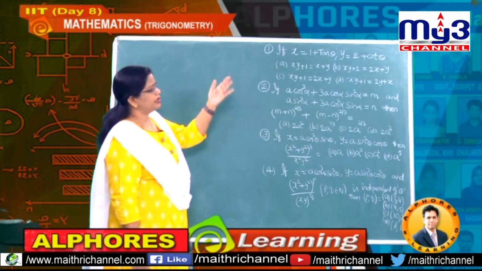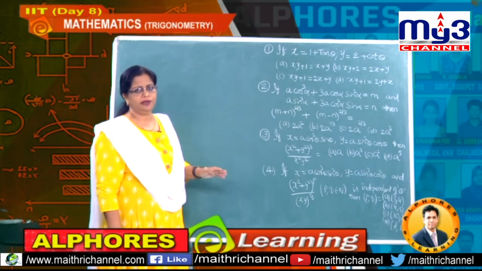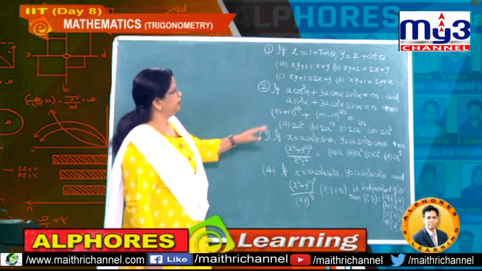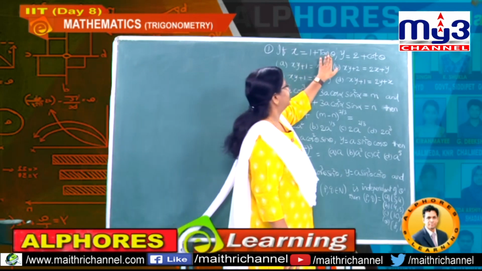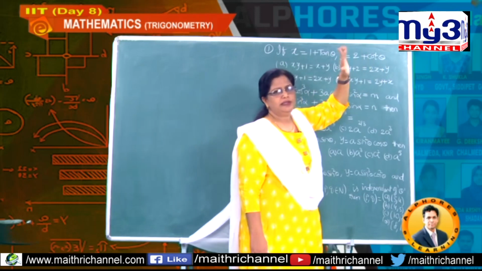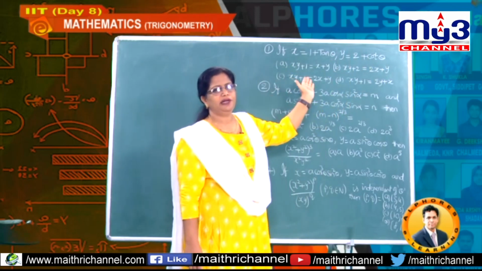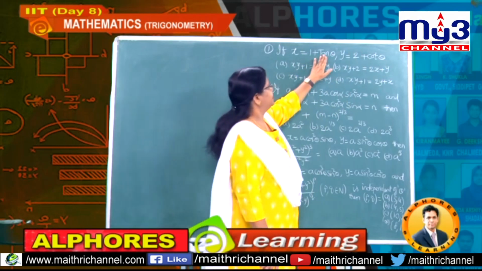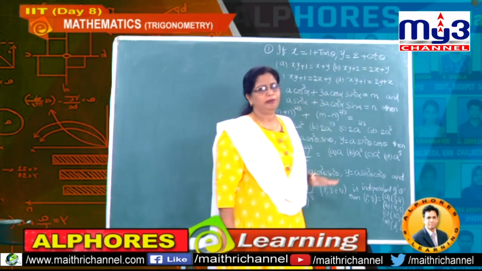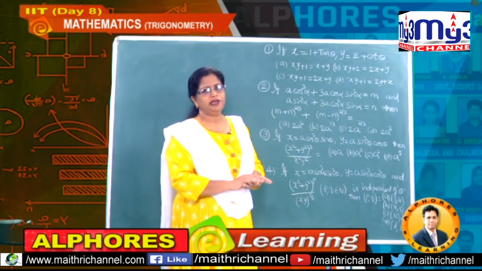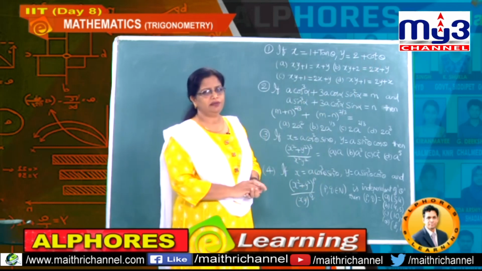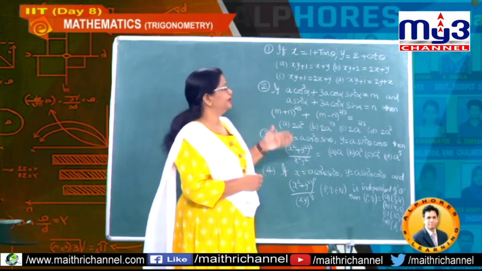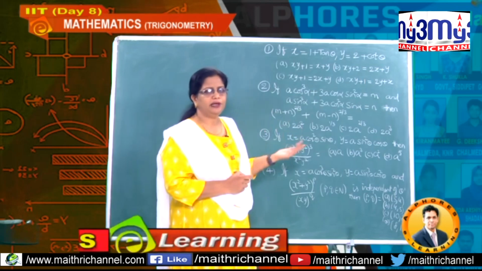Now, what is the relation between tan and cot? You know tan theta into cot theta equals 1. Suppose the problem is given in terms of sine and cos, then you have to check the identity sin square theta plus cos square theta is 1. And if it is tan and secant is given, then you should go for secant square theta minus tan square theta equal to 1. Like that, you have to go for the identities so as to eliminate these kinds of parameters.